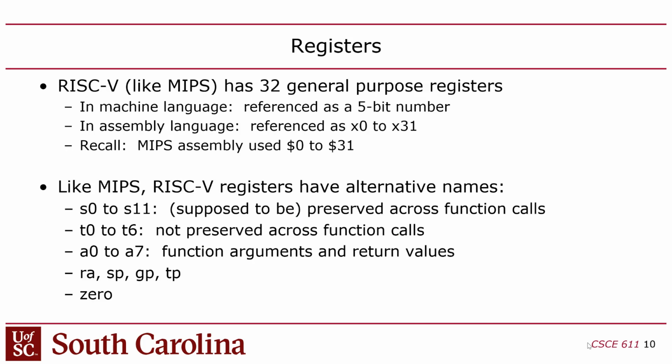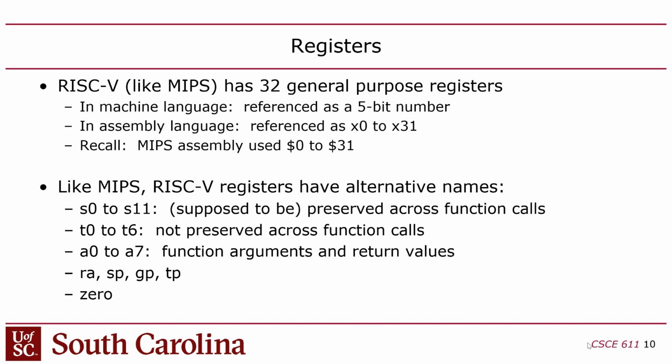That's as I mentioned. Okay, so RISC is very much like MIPS. In fact, you probably can read it right now just from what you learned in 212. It has 32 registers. The registers in RISC have names like the ones in MIPS. They have little code names, so you can just refer to the registers by number from 0 to 31, or